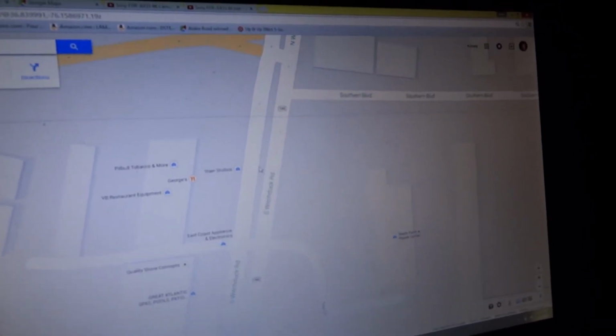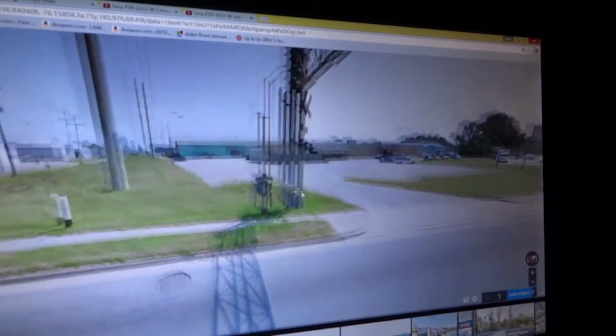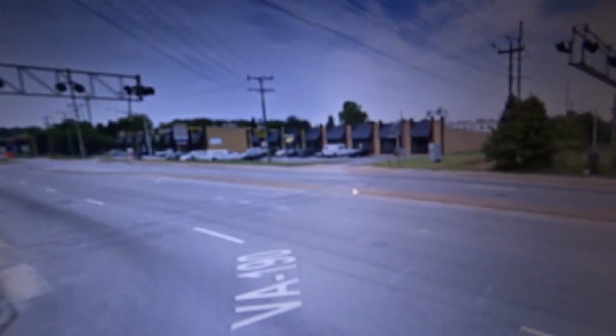Now this next signal right here is definitely one of my favorites, and I will show you why. Again, the signals have had their gates removed. As you can see on the bottom here, they had a couple of mast signals here too. See, they had the 8 3/8 inch lights right here. Can't get this thing to work right. Yeah, there we go. So you had your typical lights there, but what was very interesting about this crossing is